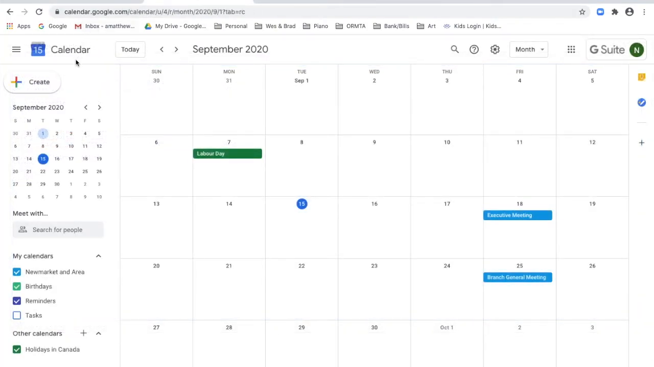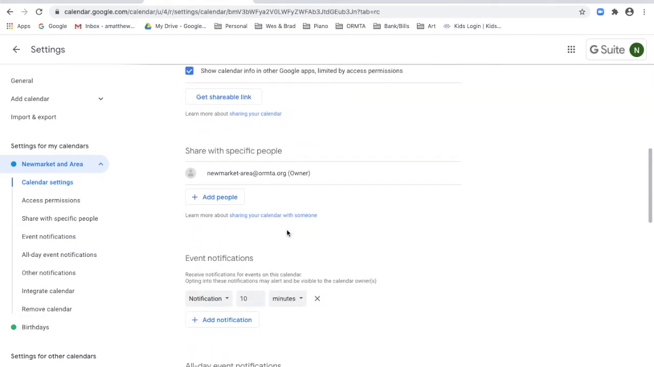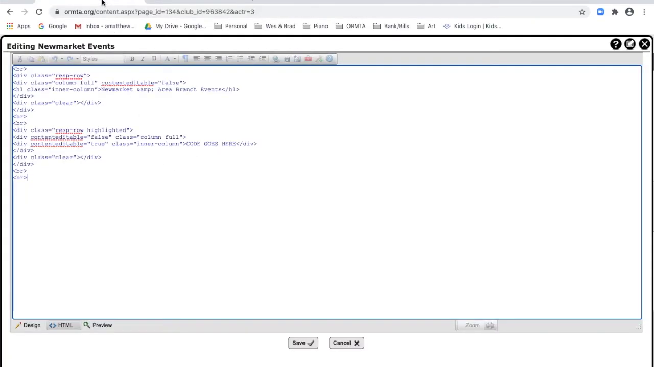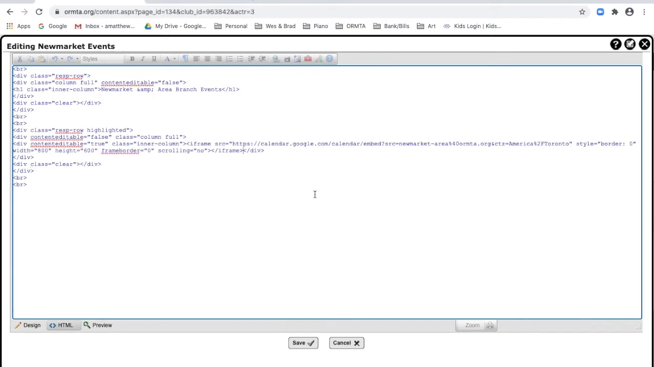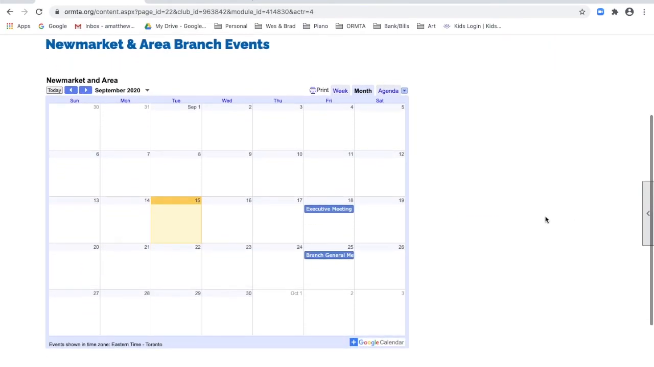Let me go over to my calendar and find the code that I need. Here's the embed code, the HTML code. I'm going to copy that, highlight my text, and paste the code. And now my calendar is embedded onto the page. You can do this with other items as well, as long as you have an